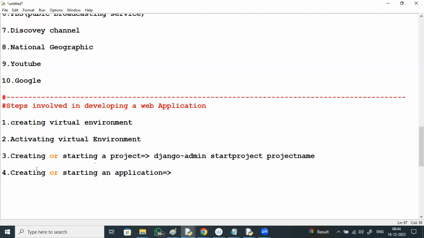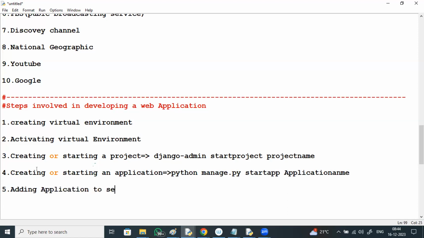The command is python manage.py startapp, application name. Next, adding the application to settings.